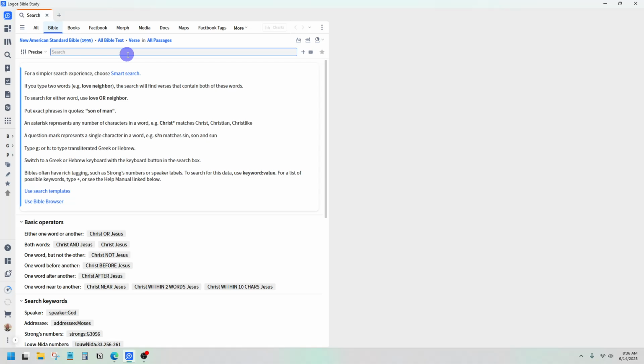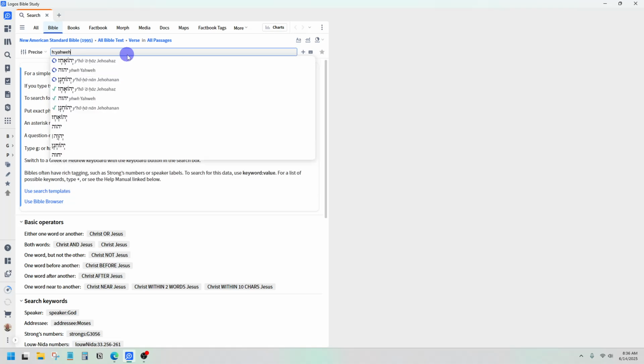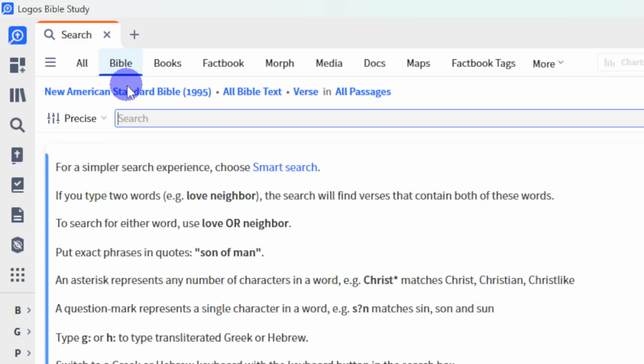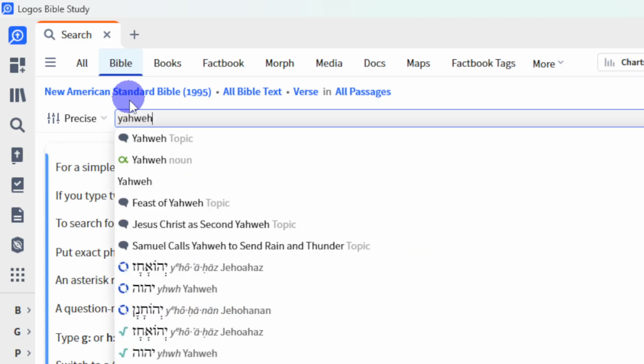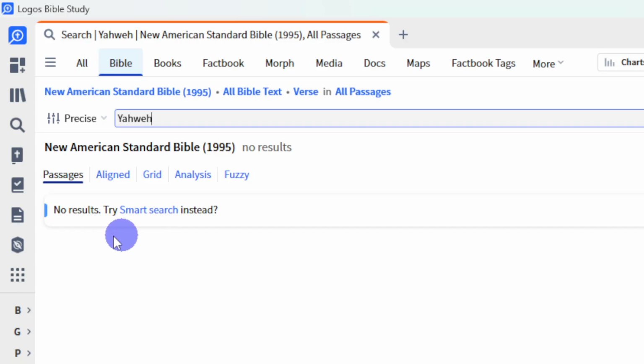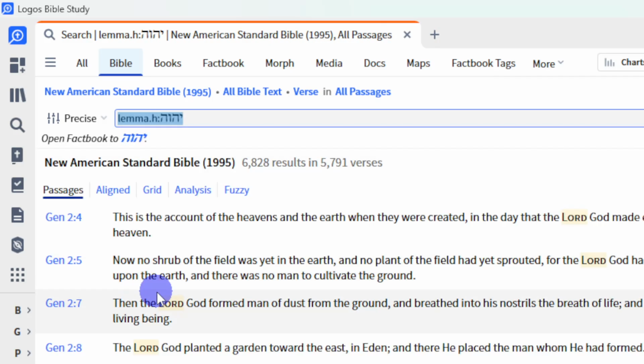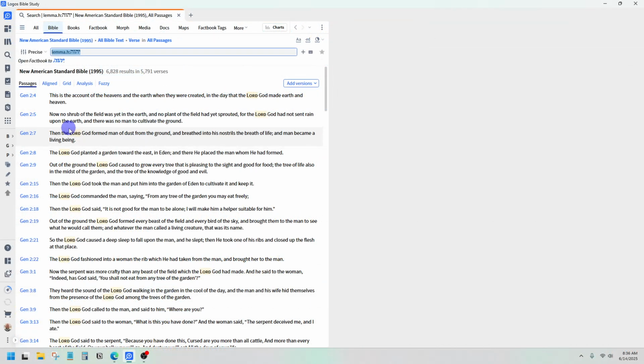And I'm going to type in H colon Yahweh because I want to get the Hebrew. I want to search for the lemma of Yahweh because in the New American Standard, if I just type Yahweh like that and do it as a plain word, it doesn't work. And so I really want to find out what is Yahweh from that perspective. So right here, I'm looking for this one that says lemma Yahweh, and it comes up with